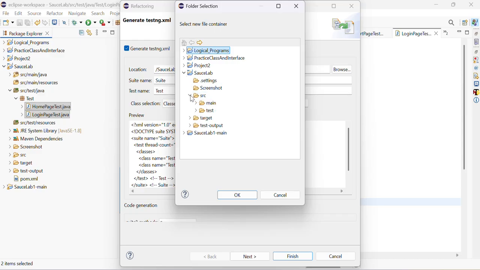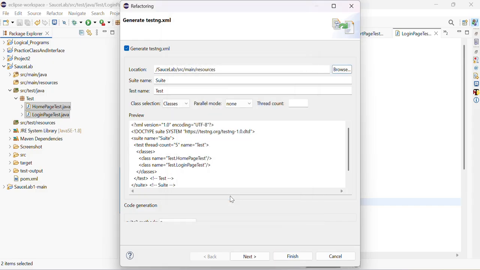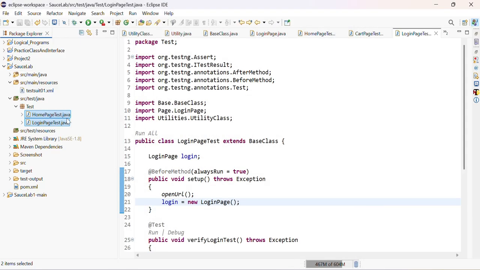In this source folder we want to store at src, in the src main we want to store at resource, so select the resource, click OK, and now what will be the file name? So I will, for example, give test suite 01. So this will be our file name .xml, and now click on save, finish, and yeah, we got the XML